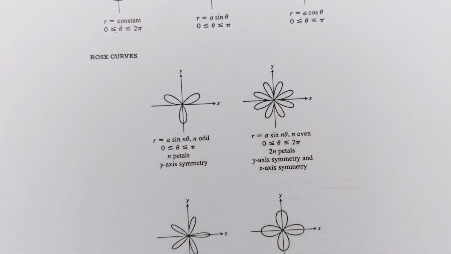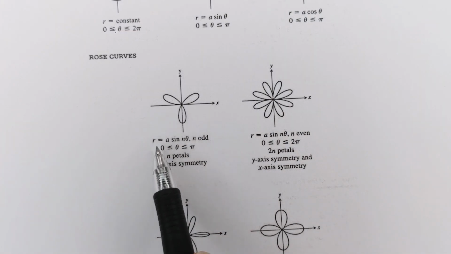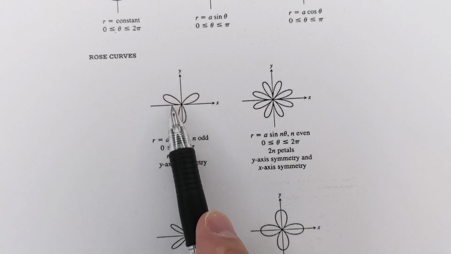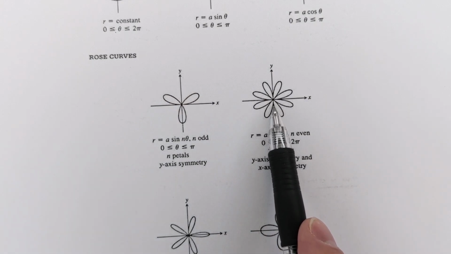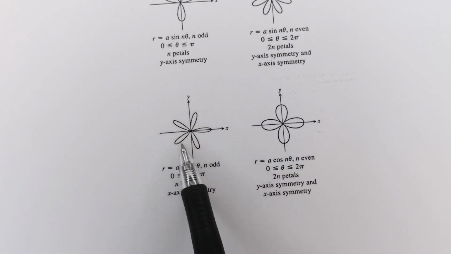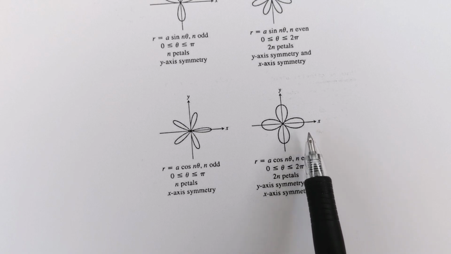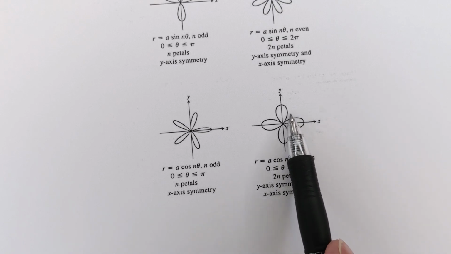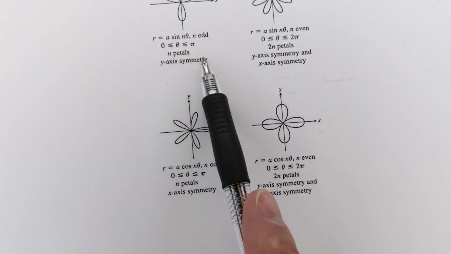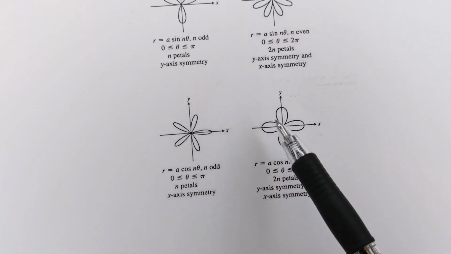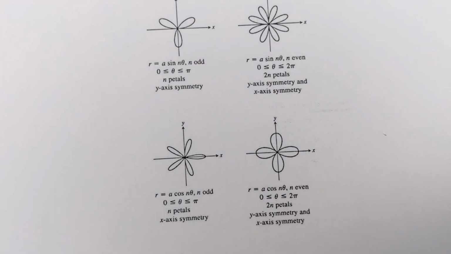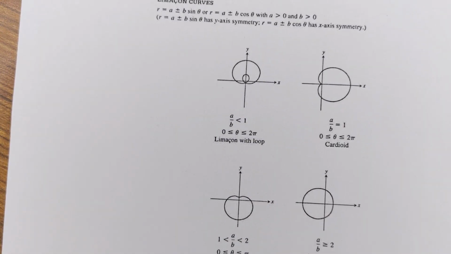You also have some rose curves. For r equals a sine n theta, where n is odd, you get the same number of petals. If n is even, you get twice the number of petals. For the cosine curve, if n is odd, you get the same number of petals. If n is even, you get twice the number of petals. So if your coefficient on the theta is an even number, you have twice as many petals. You also have the limacons,